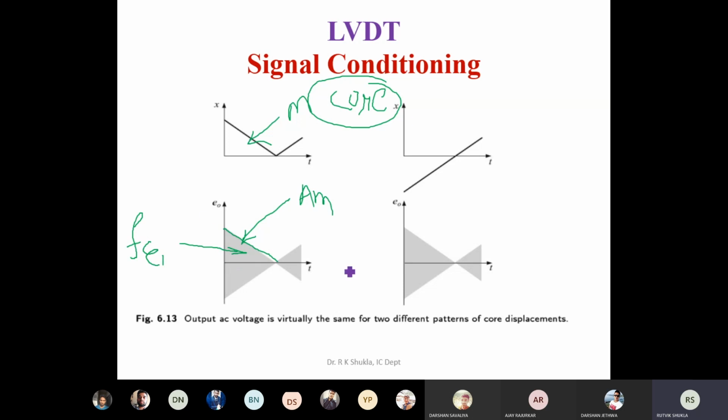While discussing this we have listed two problems. Can anyone tell which two problems they were? We have listed two problems here. Yes, sir. One problem is that for different inputs we get the same output.